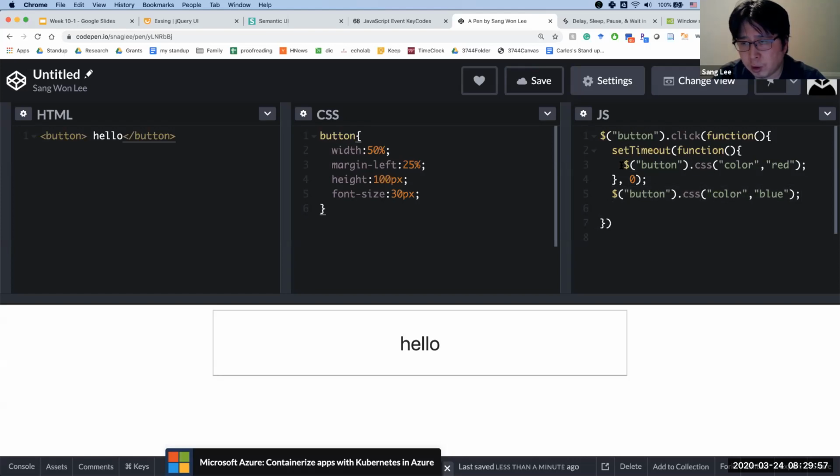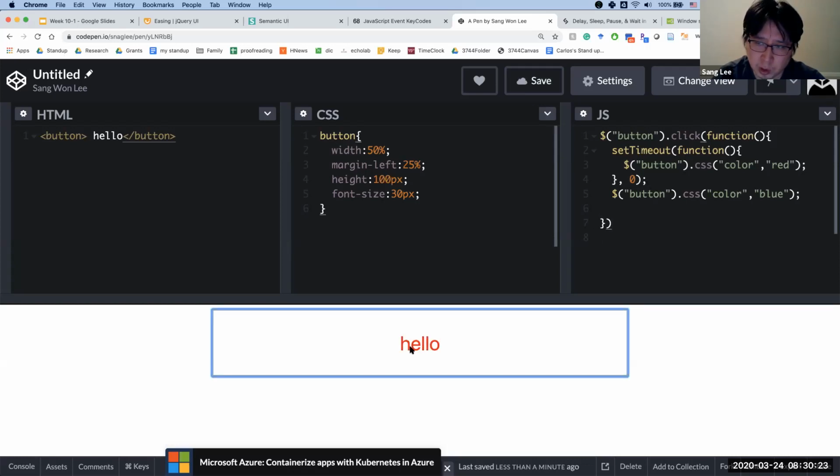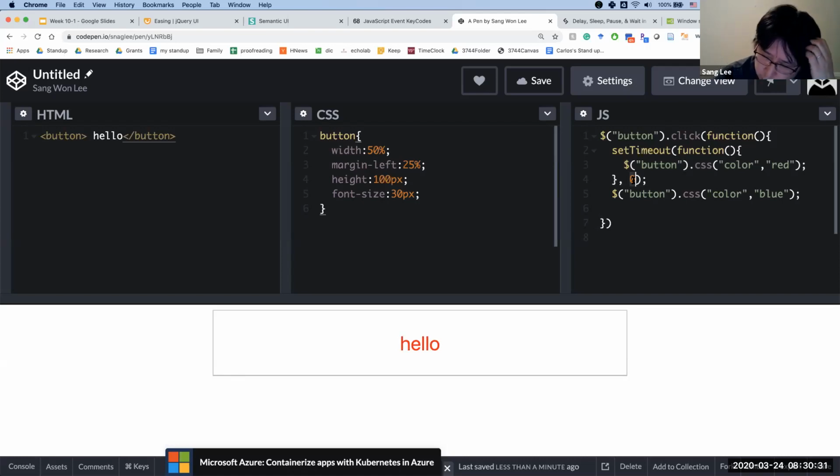So let's say if this guy runs first and then this guy runs, then at the end of the day, we're going to see blue, hello. Or if this line runs first and then this line runs later, we're going to see red, hello. So let me save it. And then if I run it, we see this red, which means that even though the delay is specified to 0, it's going to run this first, because